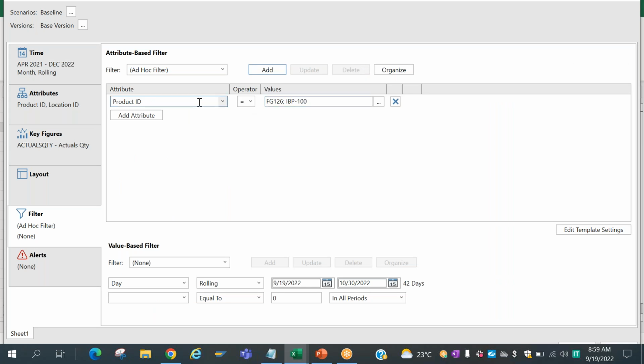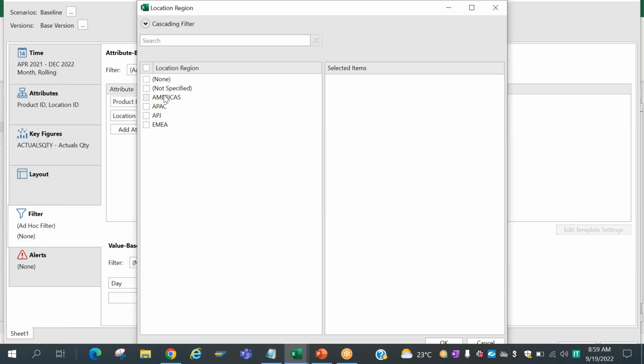So some planners will be dedicatedly working for some product families, and then various other locations, they are working only for certain location region. So let's say that your project is for the America market, for Asia Pacific, for APJ and European region. One of the planners is responsible for the America market.